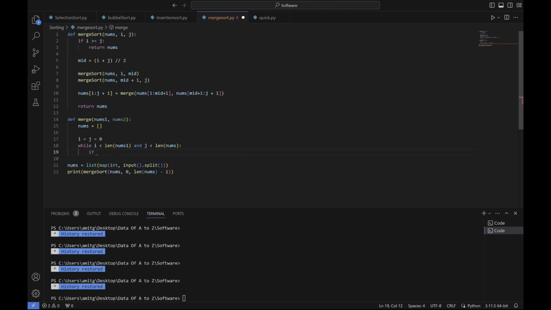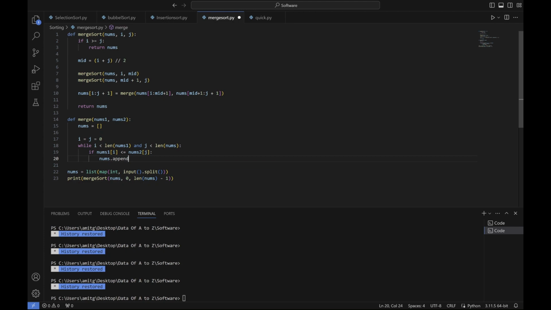If nums1 of i is less than or equal to nums2 of j,